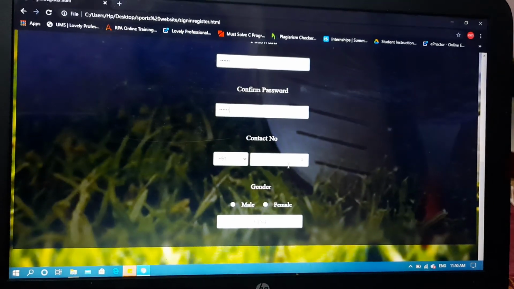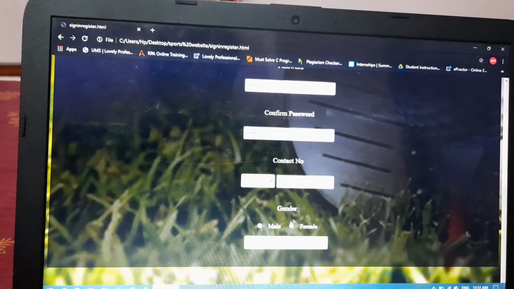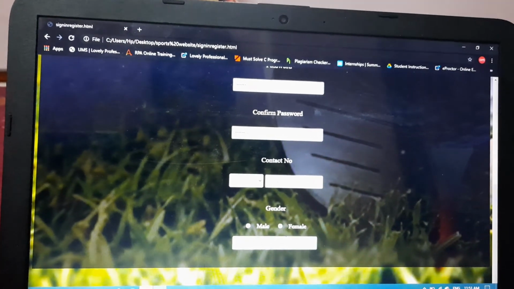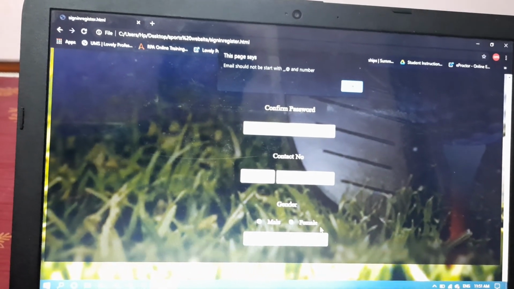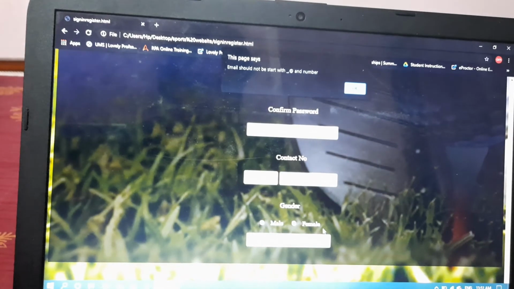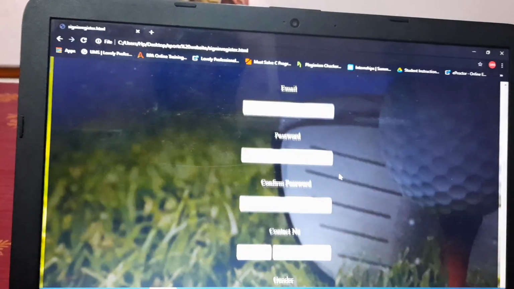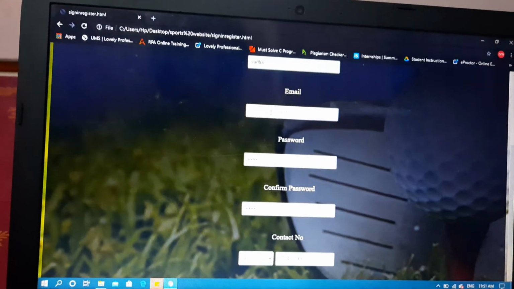Now let us take the mobile number as 1234567890 and gender anything, like female. If I say sign up now, it will show that the email should not start with something. So I have applied the validation for the email field also. As I entered 123, it's not going to take it. We need to enter a valid email.